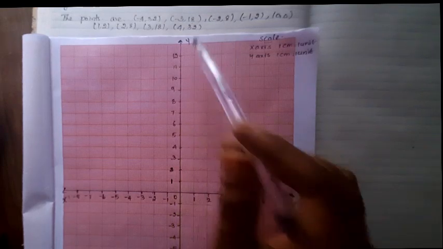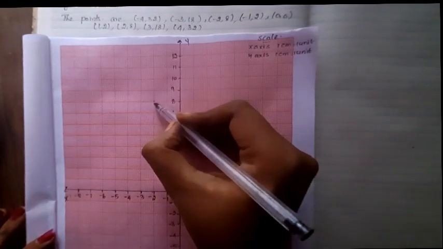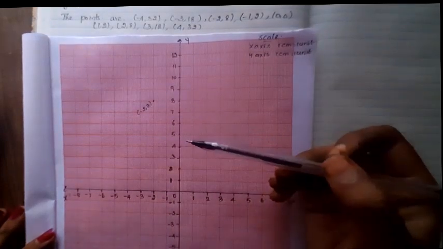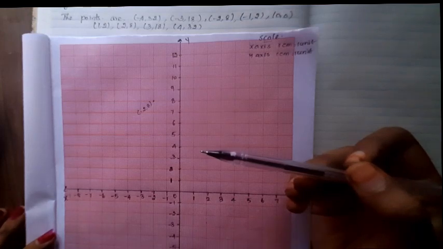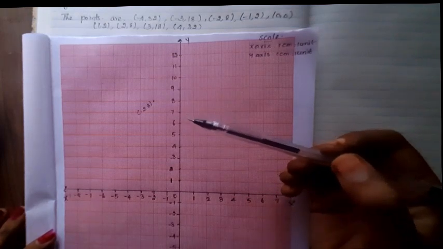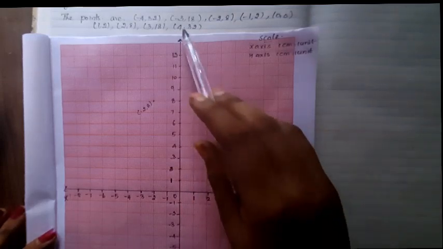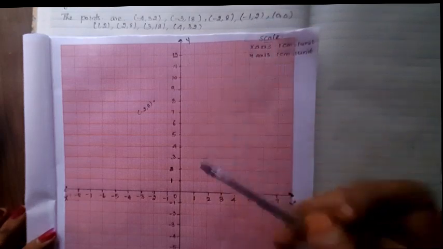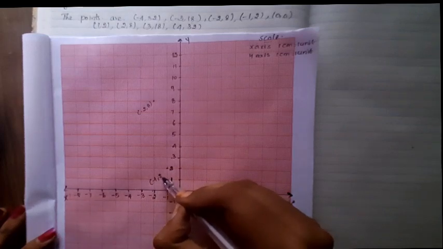So minus 2 comma 8. Minus 2 is here, and the 8 value is here. So we write this as minus 2 comma 8. I wrote using this lead pen because of visibility; this should be visible for you. You have to use your pencil. Next one is minus 1 comma 2. Minus 1 is here, then 2. It is known as minus 1 comma 2. After plotting the point, you have to write the point.